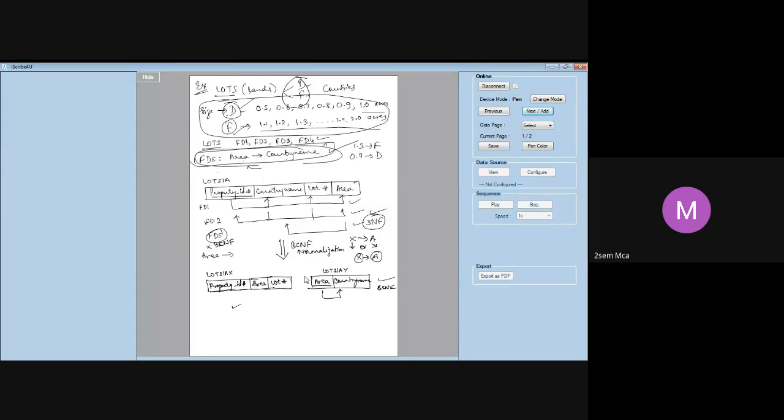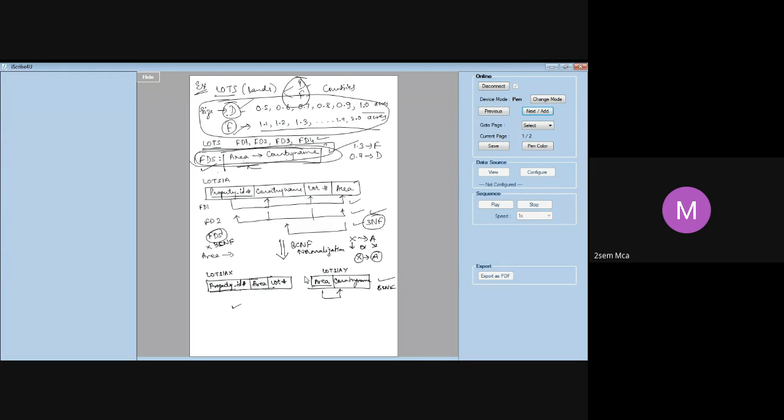Okay. Now, given this, I can arrive at a dependency called area determines country name. That means, given the area, I can say what is the name of the country. Country name is nothing but state here. Okay. Now, in yesterday's class, we had seen how we decompose the lots table into lots 1A and lots 1B. All were in 3NF. If I add this new functional dependency FD5, will my table still be in 3NF or does it get violated is what we have to see.